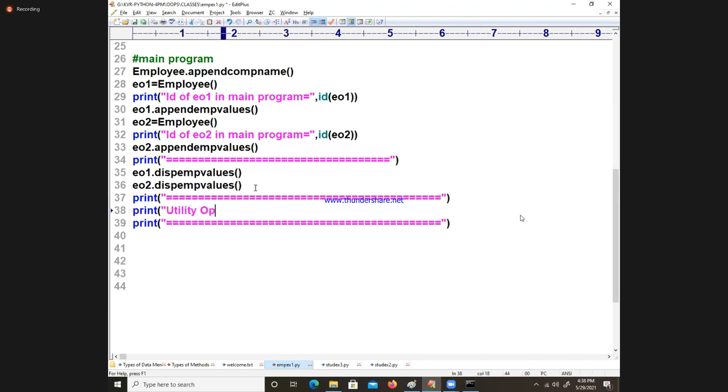Utility operations. So please be careful, because programming you must be wonderful. Without programming, if you do any feats in the software industry, they will not care for us. If you are wonderful in programming, now you are the hot cake in the software industry.